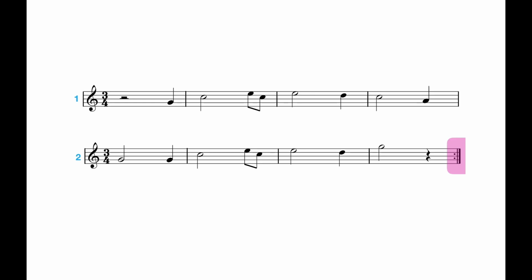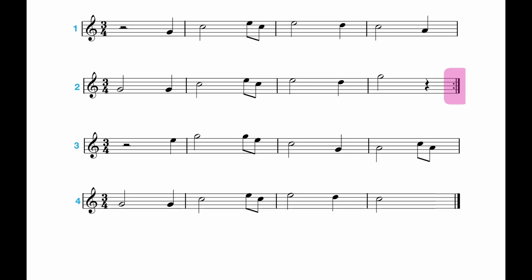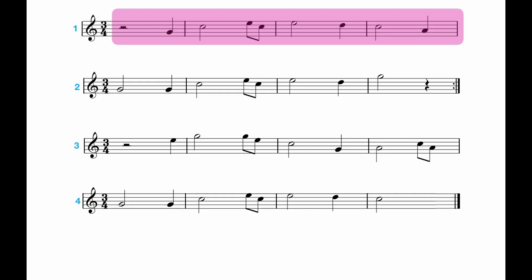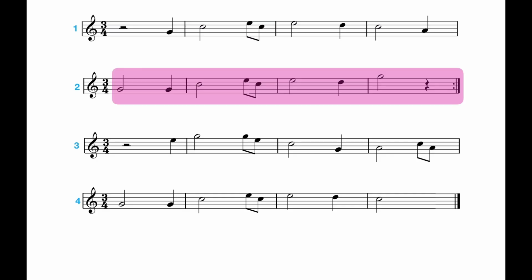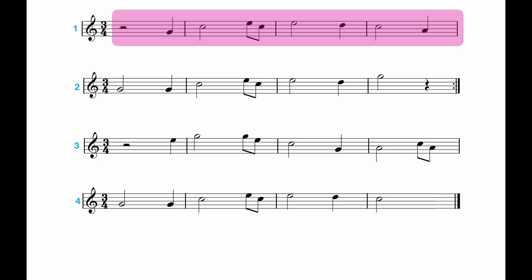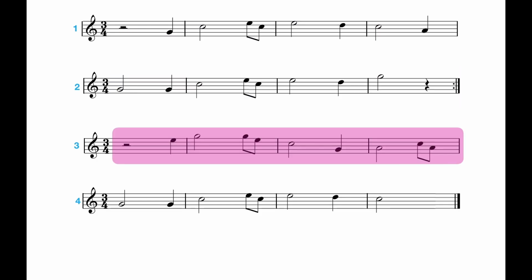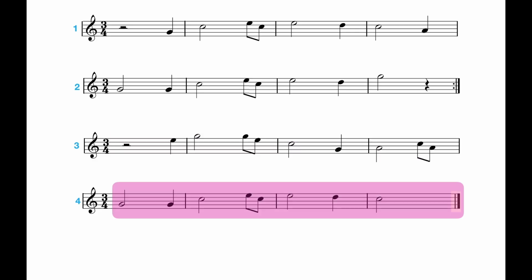Now, it doesn't have to happen at the end of a piece of music. So let's say there's another couple of lines to our music here. Our repeat sign is still at the end of line 2, and then we've got the double bar lines at the end of line 4. So we know the end of line 4 is the very end of the piece, but we're going to have to repeat lines 1 and 2. So we'd play line 1, and then we would play line 2, and then we'd have to play line 1 again because of the end repeat line. We'd play line 2 again,